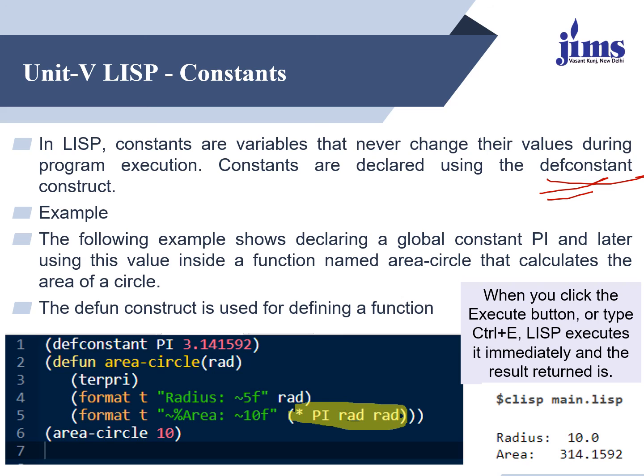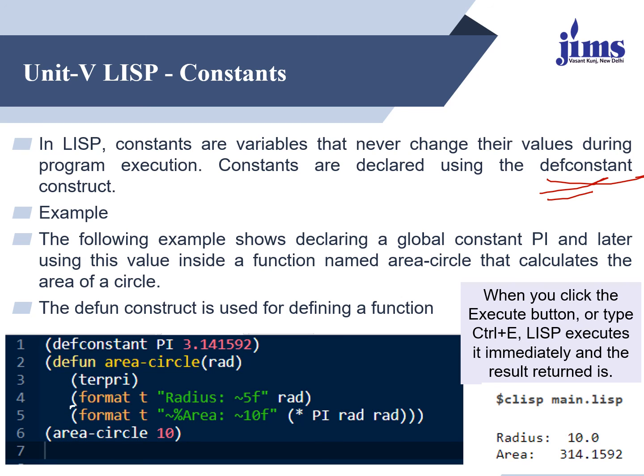and then this bracket is with respect to this format, and this bracket is with respect to this format. This is the parent bracket of defun. Once we are over with this, we'll call the function. How do we call? We have to write the name of the function and the argument I am passing within parentheses. Once we have written this, we'll see the output.